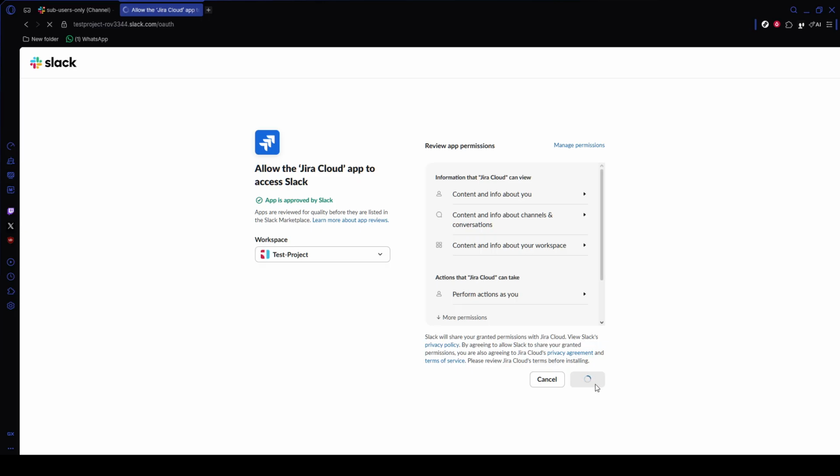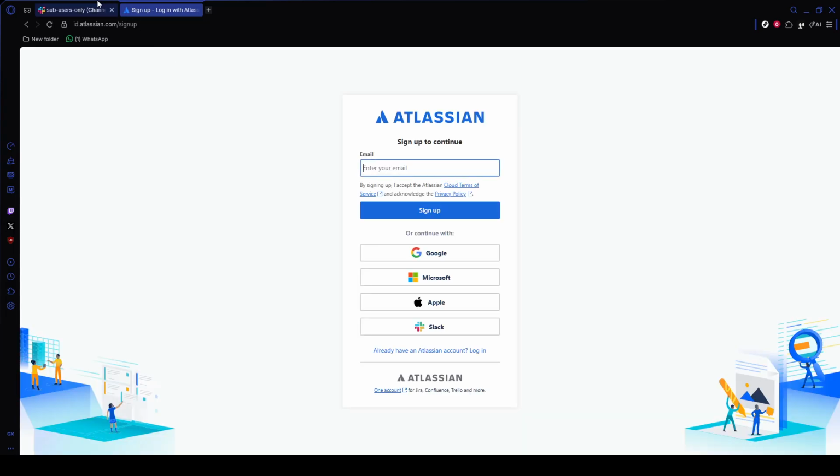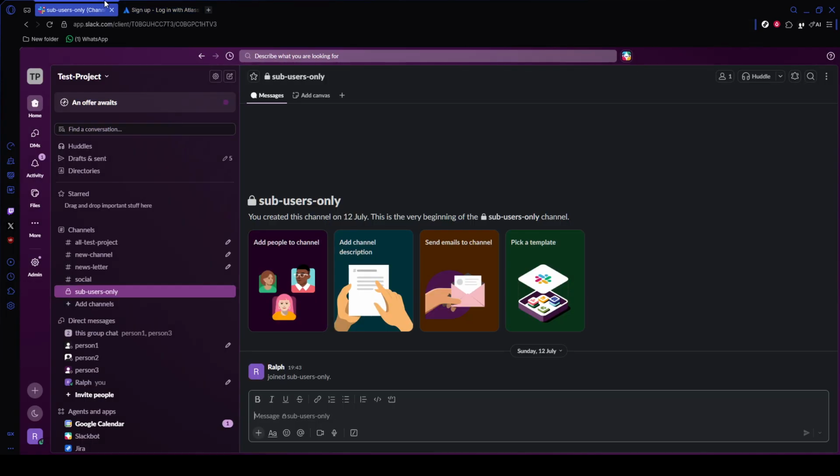Inside that channel's message box, type the / command, Jira Connect, and then press Enter. This command starts the linking process between Slack and Jira. If prompted, follow the on-screen instructions carefully to authorize the connection and select the Jira project you want to associate with that channel. At this stage, you're essentially mapping Jira activity into the conversation space where your team already works. That means updates like issue creation, status changes, and sprint-related activity